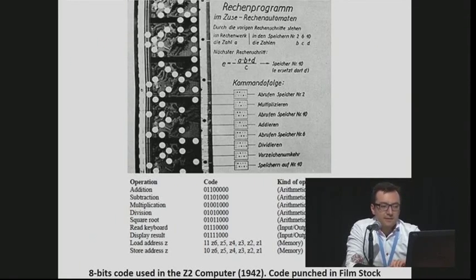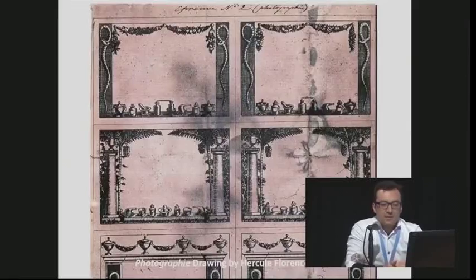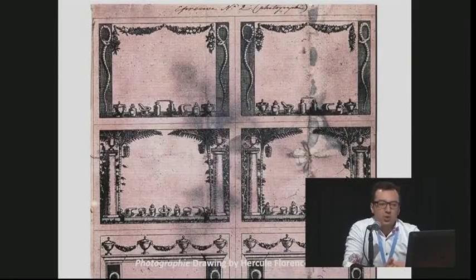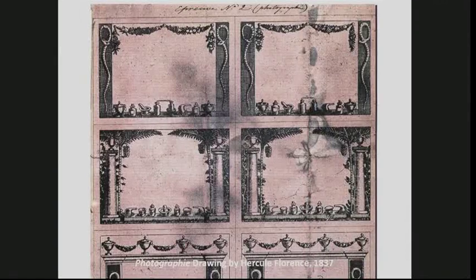interesting punch film stock. 2 years ago in Riga, I had the opportunity to speak about my doctoral dissertation, and one of the case studies that I presented was this image that we can see right now. It's a very early photographic example made in Brazil as early as 1837. That means that at the same time that photography was created in France, parallel to Daguerre and Fox Talbot in the UK, there was a French-Brazilian guy doing photographic experiments in São Paulo state, actually.